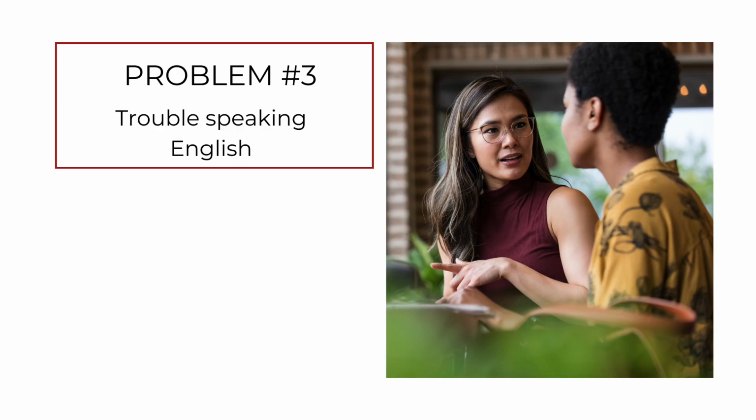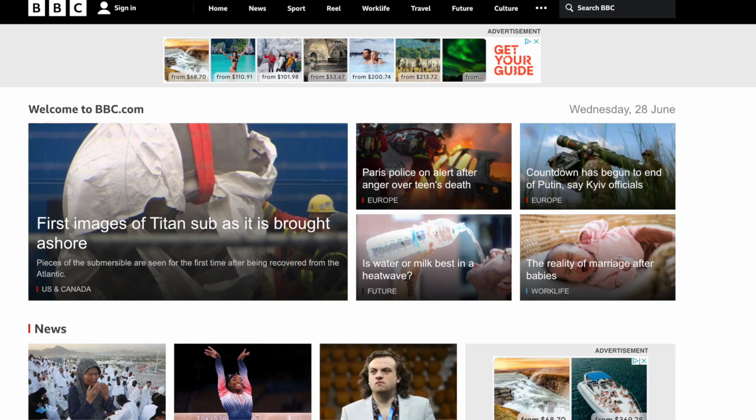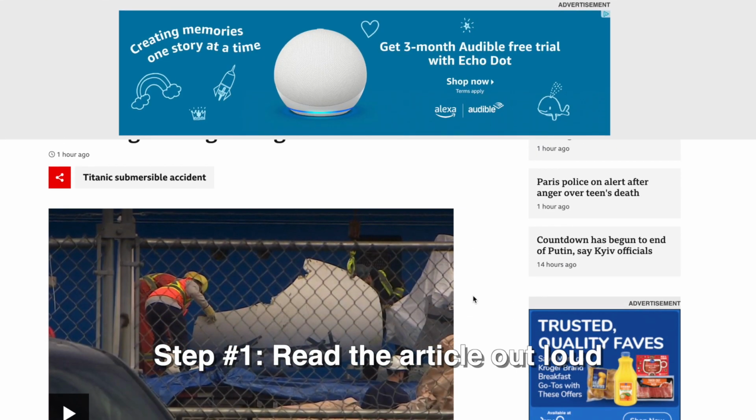Now, another thing that many English learners have trouble with is improving the quality of their speaking. And my tip for dealing with this is to practice speaking out loud. What you can do is find an English book or an English article. I like to use bbc.com for this. So you can go to bbc.com and pick out any article that sounds interesting to you and read the article